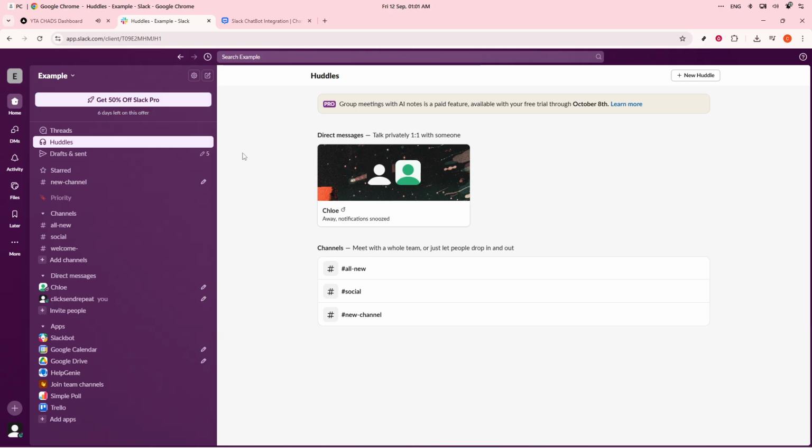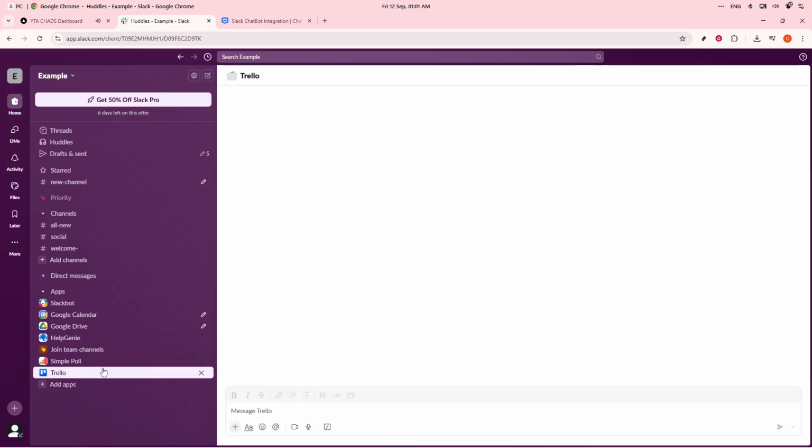Want to comment on a card without leaving Slack? Just type /Trello comment card message. Finally, to explore more about how you can interact with Trello using Slack, type /Trello help. This will provide you with a list of all available commands, putting the entire Trello toolbox right at your fingertips